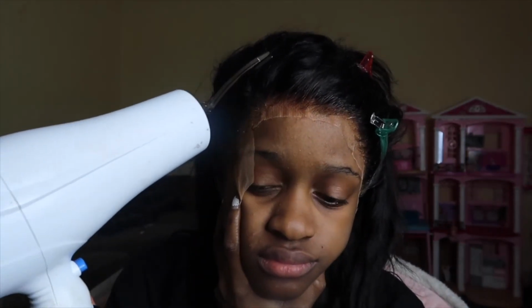And so I'm just gonna go ahead and spray some more freeze spray on, and then of course blow dry that. I was very bored, if you cannot tell. This is not a fun process, honey. It's not fun. And also I had wanted to make some TikToks, so I paused and I did that for a quick second. I was having a little fun, but then I got back to cutting the lace, as you can see. And as you can see also, it got stuck to my skin,